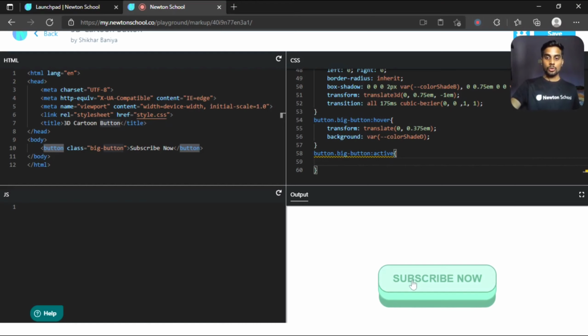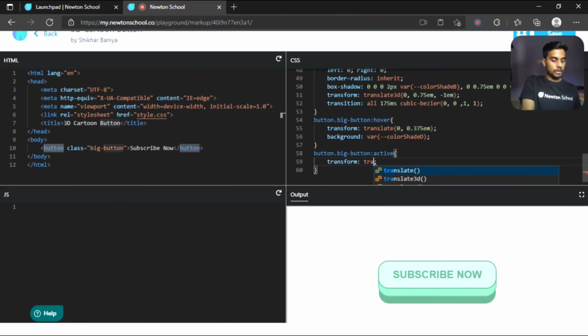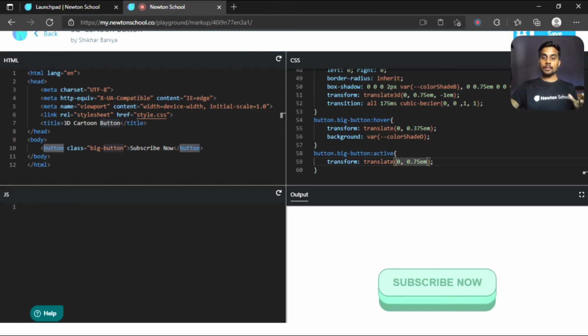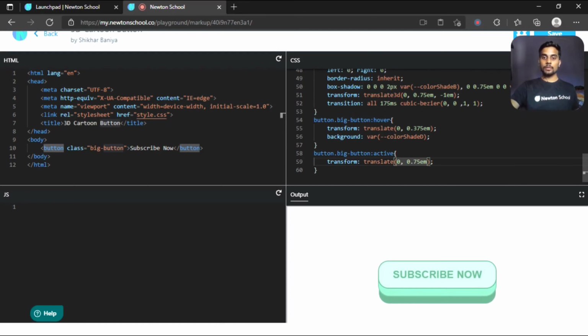So on this, I want to transform it and translate it 0, 0.75 em. Let me show you what exactly we did. When I click on it, you can see the button is again going downward, a little, whenever I click on it. So that is the function of this active pseudo element.